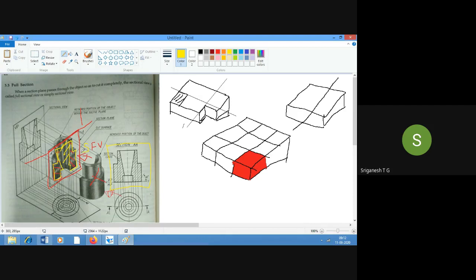The moment they say sectional front view, it is complete section only. Only if it is right half section and so on, they will specify. Otherwise, if they say just commonly sectional front view or sectional top view, it is a complete section, making it into two pieces. Is that clear? Now, in top view, what can we see? In top view, we will always write without the section. The complete front view, the complete top view only, we will write always. Is that clear?